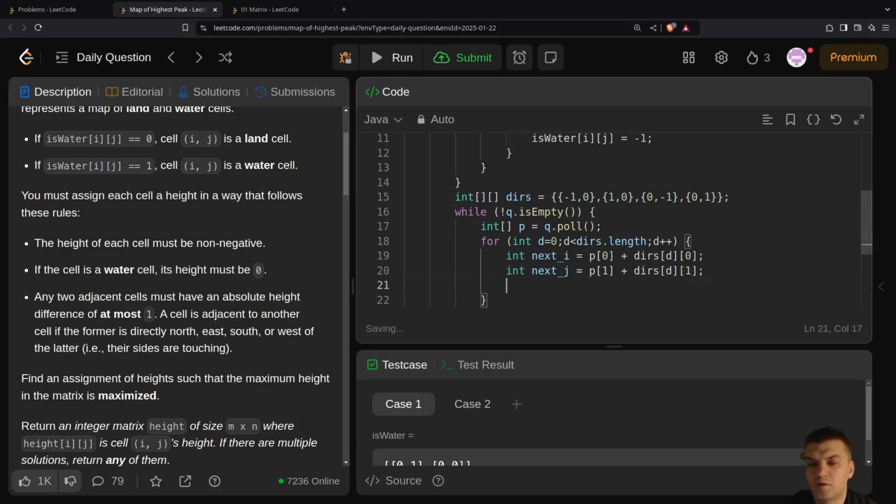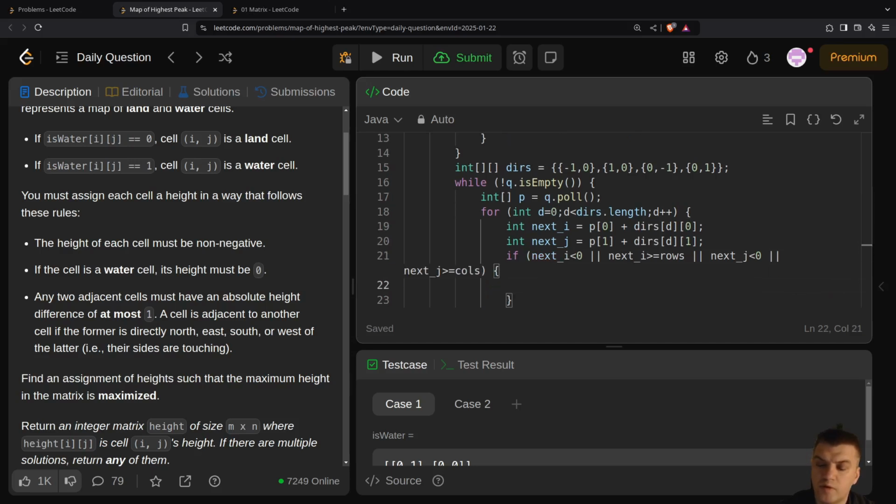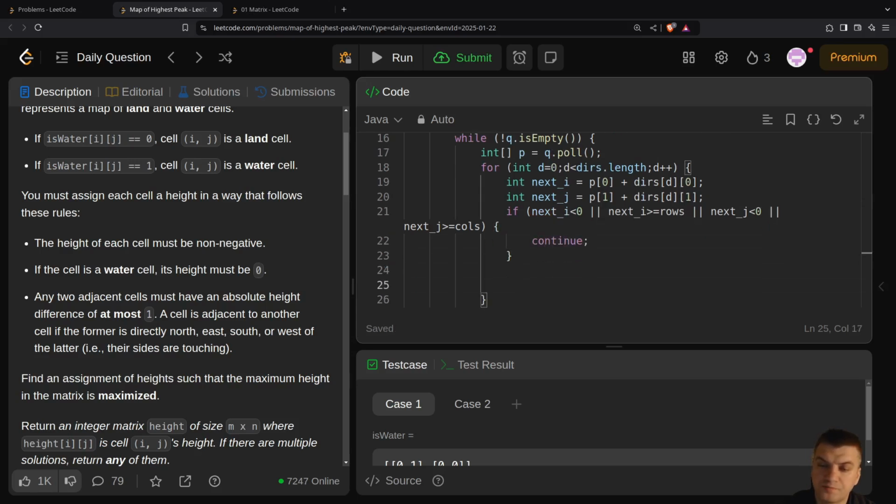And next I need to check if next i less than 0 or next i greater or equal rows, or next j is less than 0, or next j greater or equal cols. I'll just continue, otherwise